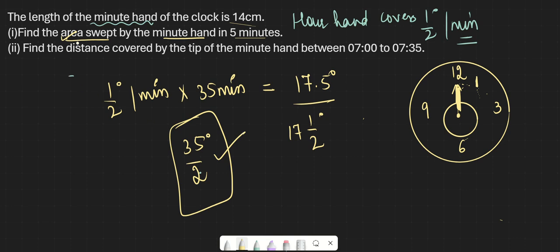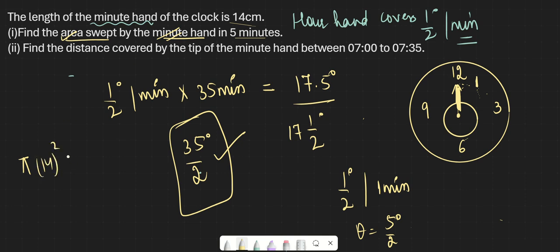अगर फिर से we need to find the area swept by hour hand अगर हमें दिया हो in 5 minutes. So what I'll do is half degrees in 1 minute. So 5 minutes में it will be 5 by 2 degrees. So central angle 5 by 2 आ जाएगा. So we'll do pi r square. Let me take it as 14 only into 5 by 2 divide by 360. इसको solve करोगे area भी आ जाएगा. Distance के लिए we'll find the length of arc, 2 pi r theta by 360. The main thing is to find the theta.